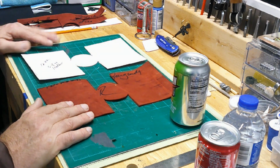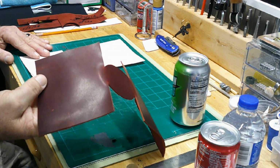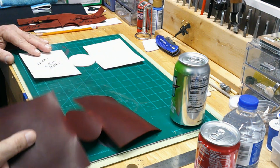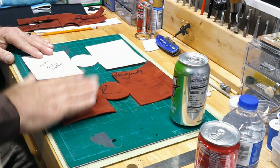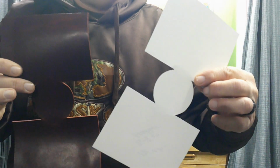So there's a quick, easy project. You could do these in all different colors. You could do it in veg tan, chrome tan. You could do it in natural and then dye them the way you want. You can use pre-dyed. Very simple project that doesn't take a lot of leather and doesn't take a lot of time. Alright, so there's step one of